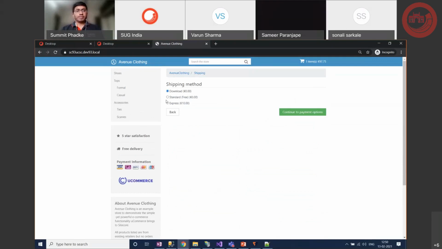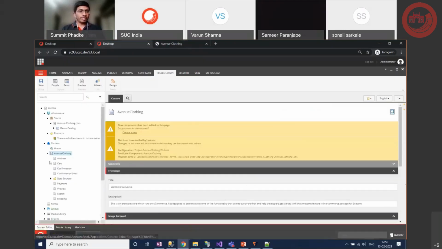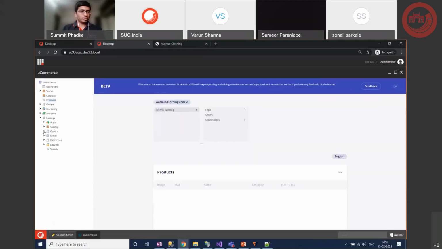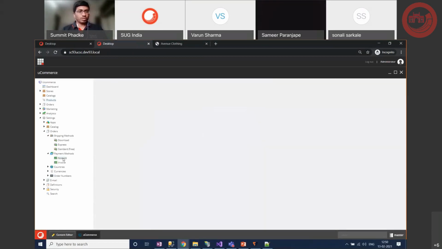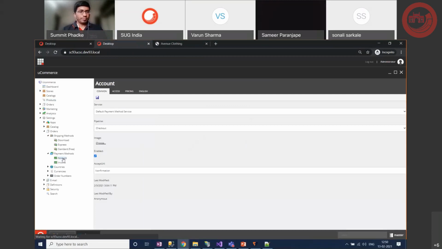Right, so these are the shipping methods that are present in here. Where they are getting pulled from is, if you go to e-commerce, earlier I showed you, right, these are the shipping methods. These are the shipping methods for this Avenue Clothing demo storefront, and these are the out of the box payment methods.